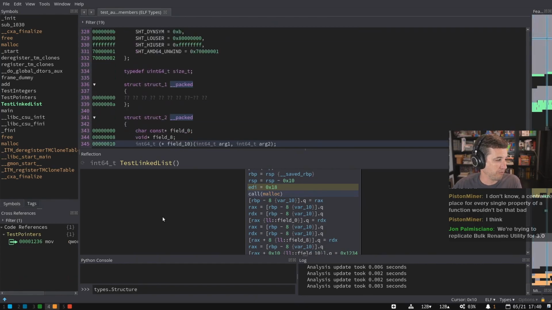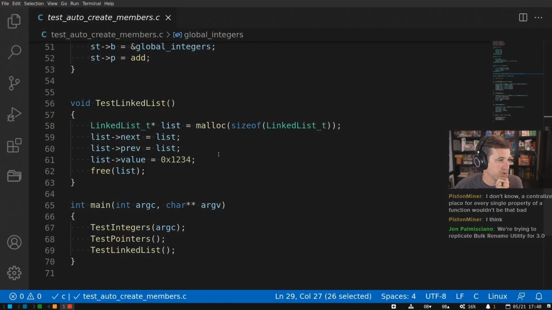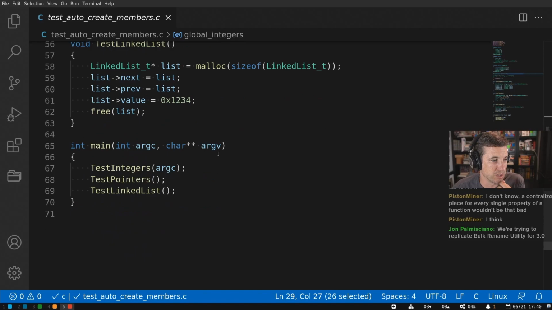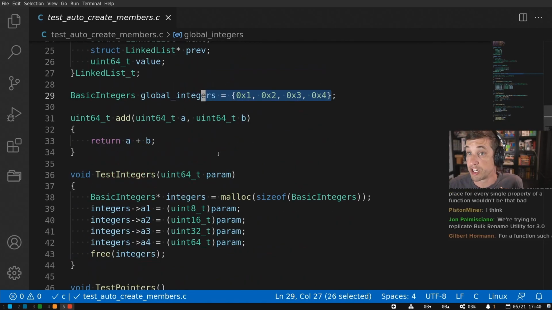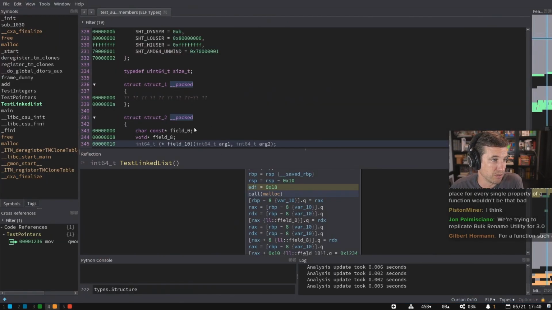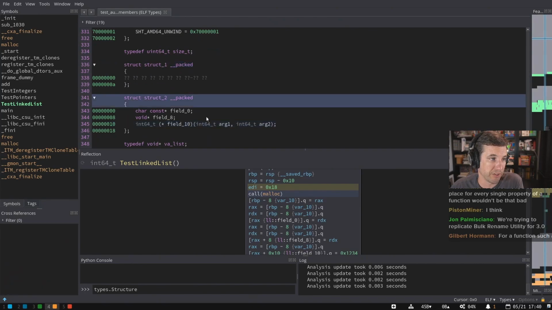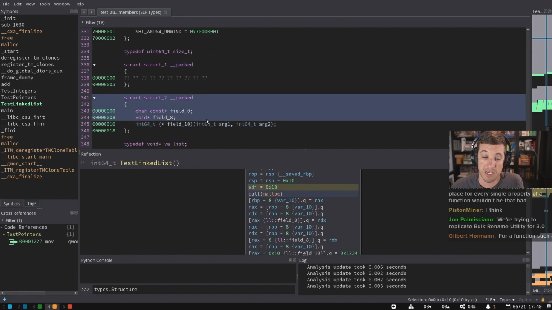I don't think this binary demonstrated it, but one of the things that I think is somewhat unique about this approach is that this does global references. So it's not a function analysis. You'll notice I'm not in a function when I say, please find all the accesses to members. I'm on a type, and that type can be referenced in lots of different places.